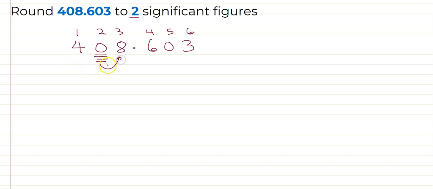Oh boy, we have a number that is 5 or more. So that means we're going to increase the 0 to 1. So we have 4, 1. But here's the deal. Here's something you need to realize. The number in 2 significant figures cannot be less than the number that you have. So what I mean by that is you cannot have that many fewer digits than the number you started off